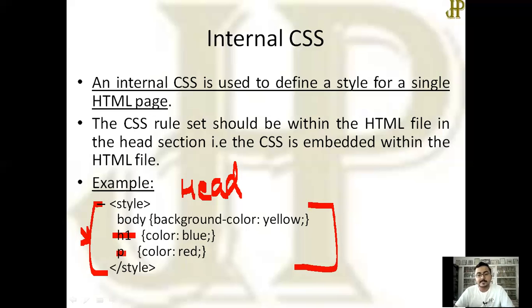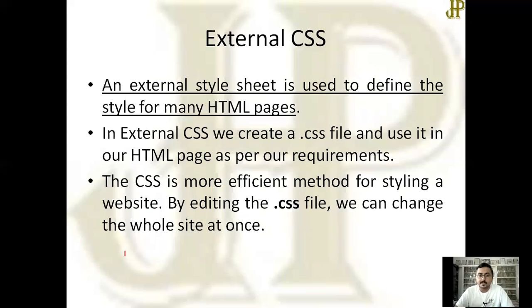And the last one is external CSS. As the name suggests, we are saving all the design or styling patterns in a different file with extension .css, and using it in our HTML file with the help of the link element. How?